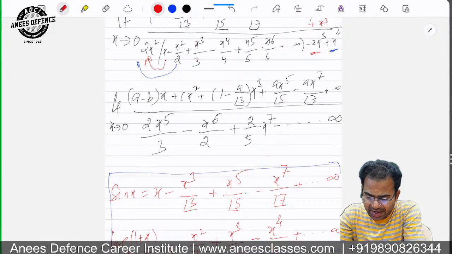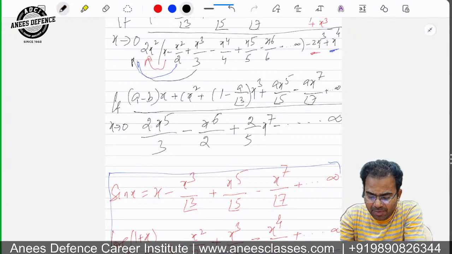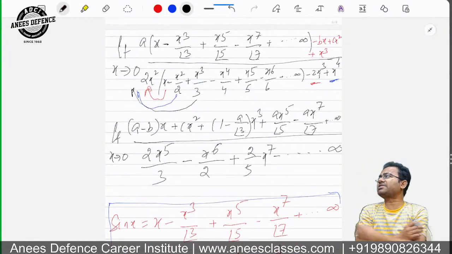अब मैंने जब 2x क्यूब कैंसिल हुए, x 4 x कैंसिल हुए, तो डिनोमिनेटर में जो बचेगा वो आपका बचेगा x क्यूब बाई 3, 2x स्क्वायर को मल्टीप्लाई करने के बाद, तो आपका बचता है 2x 5 अपॉन 3 माइनस x 6 अपॉन 2 प्लस 2 अपॉन 5 x 7 अप टू इन्फिनिटी। अब बोला गया है कि इस एक्सप्रेशन